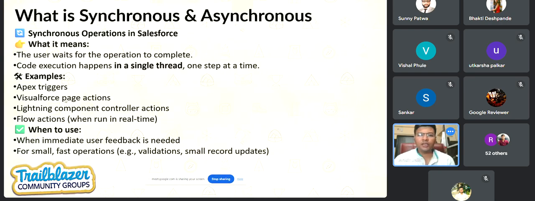Whenever I click, suppose I'm entering details and I missed a field, it should show me an error on the spot: yes, you missed this thing. And any updates you want to make. So you do synchronous operations for such kinds of use cases only.